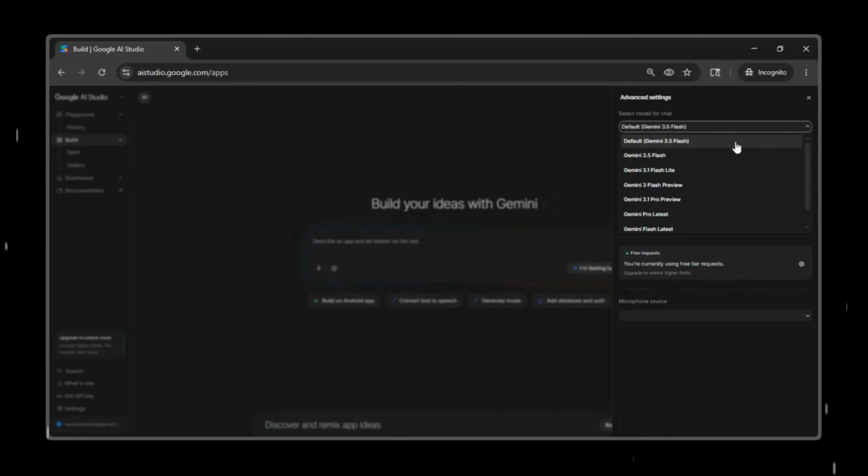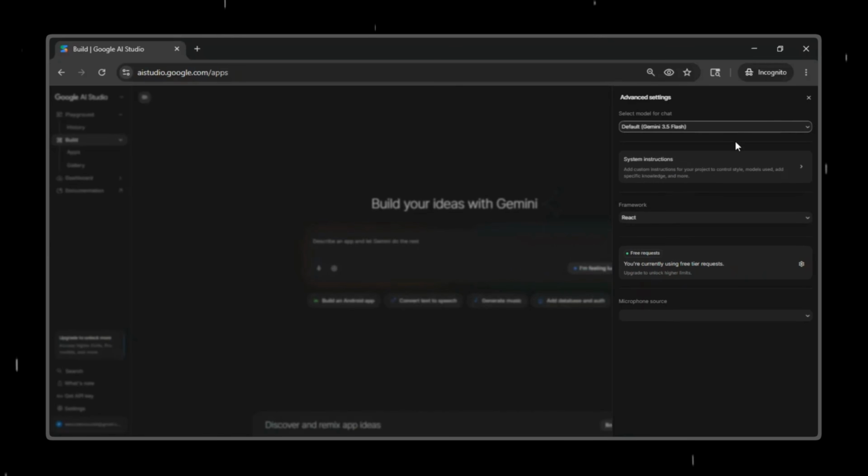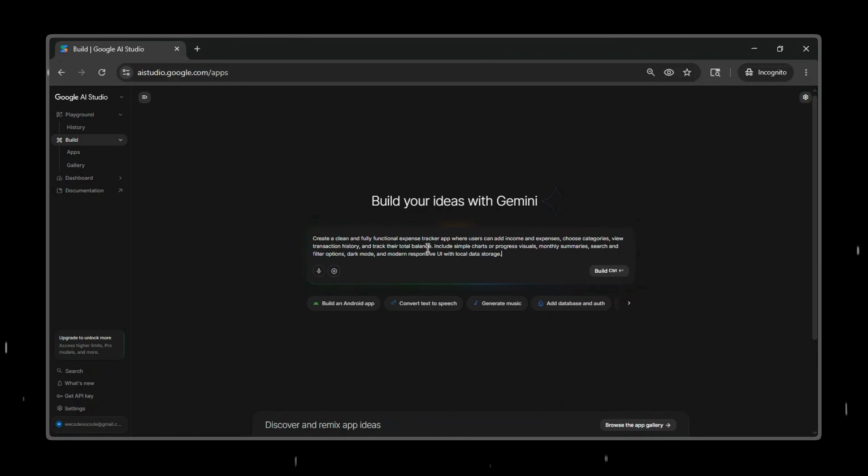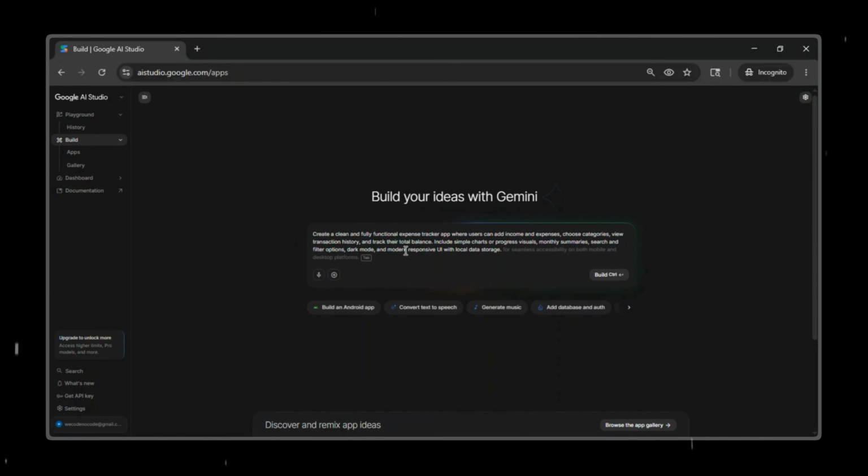So we are on the homepage of the completely rebranded Google AI Studio, and if you notice, Google has now added access to their latest Gemini 3.5 Flash model directly inside AI Studio. This is the AI model that powers much of the app building experience, helping you turn simple ideas and prompts into real working applications. For this demo, I gave Google AI Studio a simple prompt to build an expense tracker